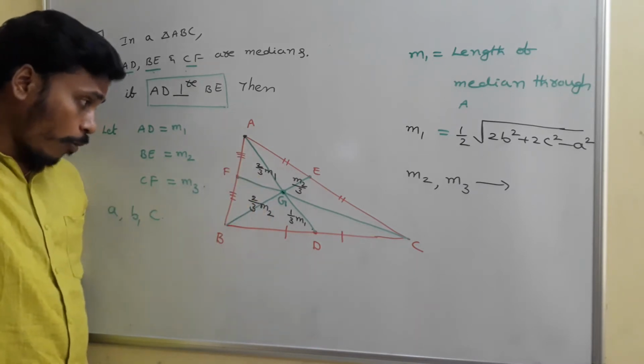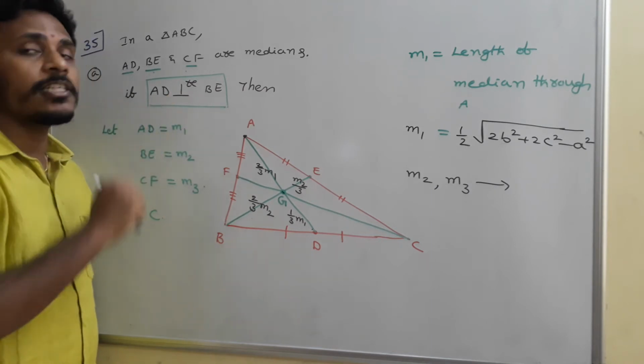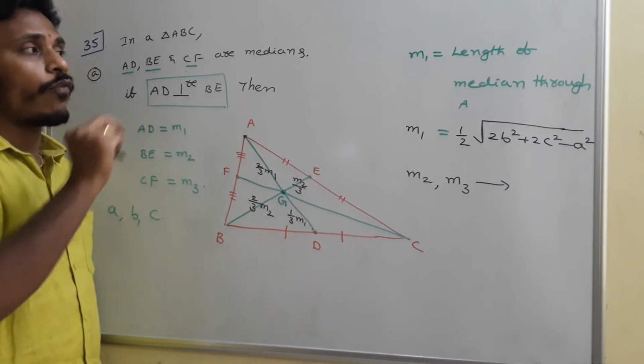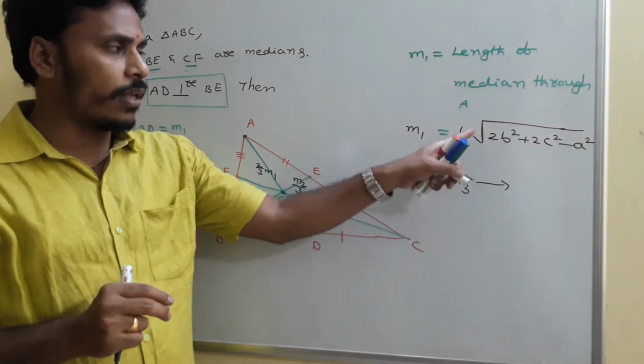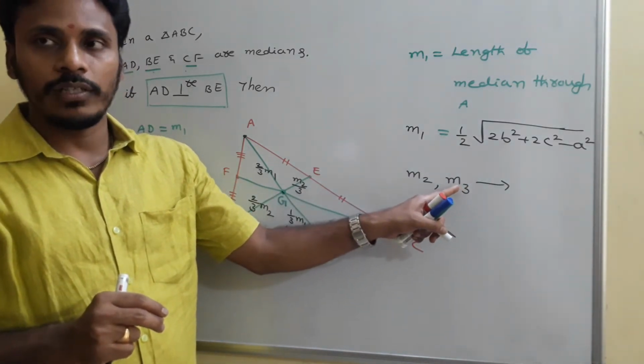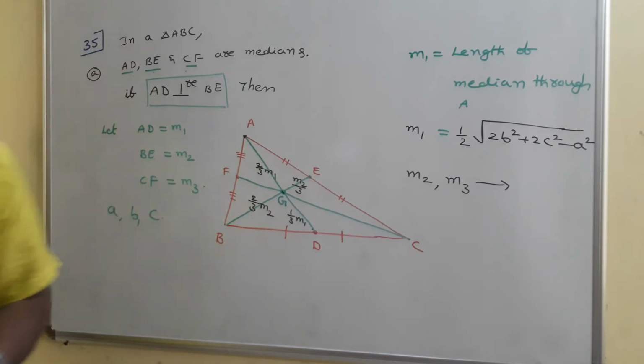And now here in the problem it is mentioned that AD is perpendicular to BE. So for your convenience I am erasing this. Okay. I think you have memorized these formulas, right? I will use them whenever needed. Yeah. And I am going to mention that. I am searching for the eraser. Right. AD is perpendicular to BE.